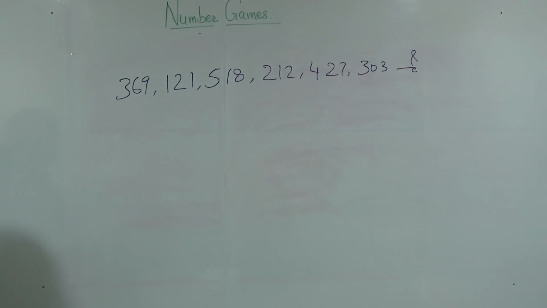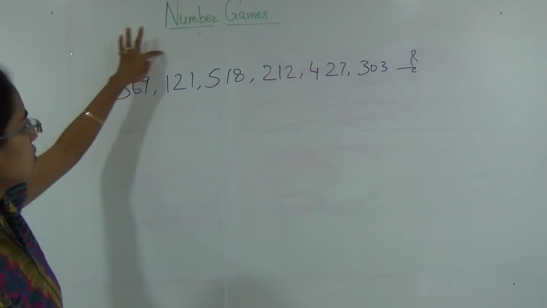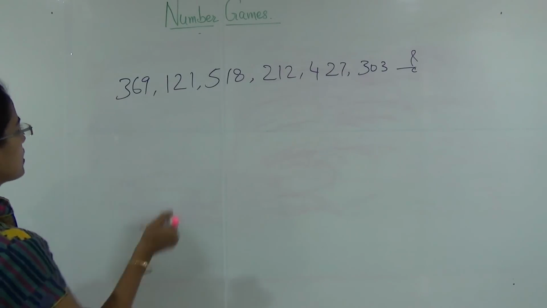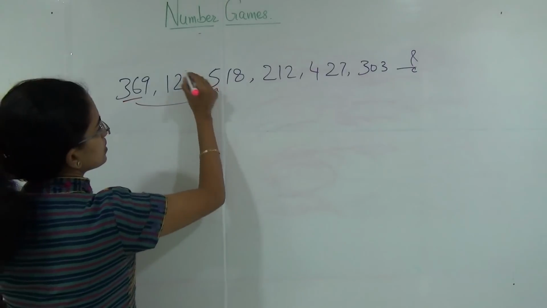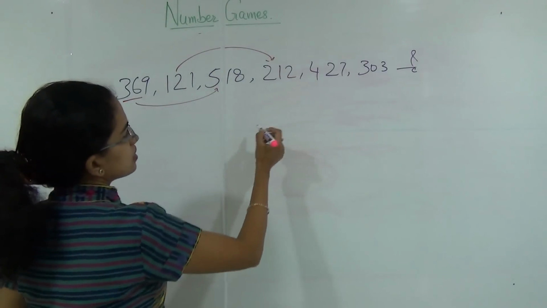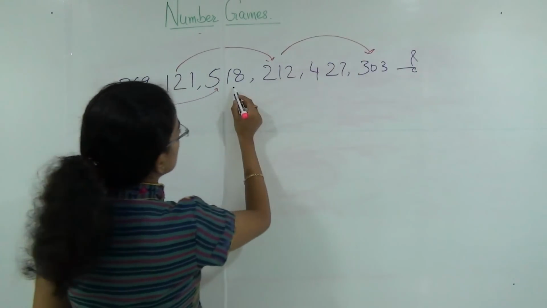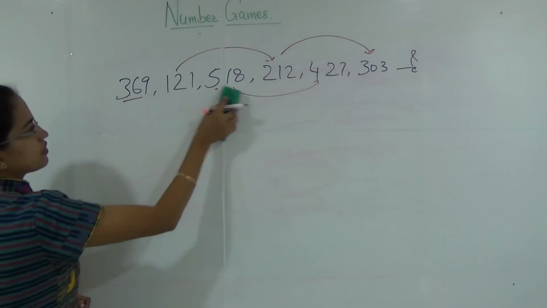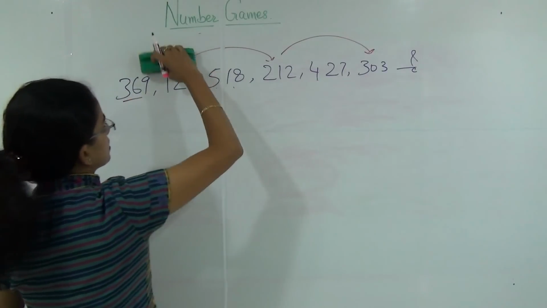So how will I calculate this? This looks very confusing. I can say this series is increasing. If I try to find out in this way, I can say it is increasing here, it is increasing here, and then this is increasing here, but this again decreases here. So that is not the correct way of solving this. So forget about this method.